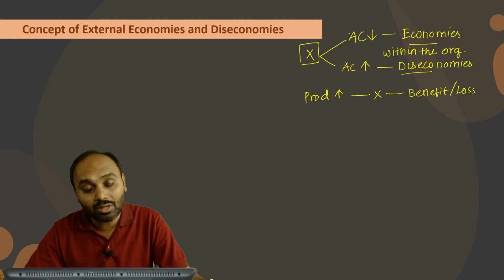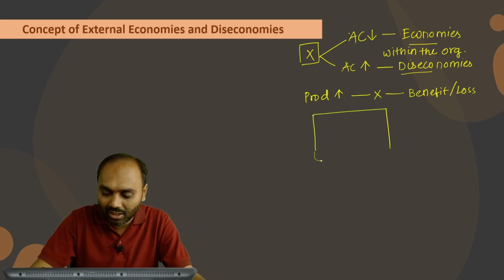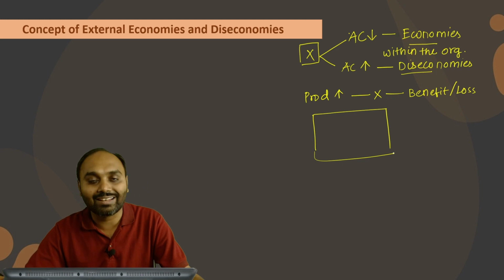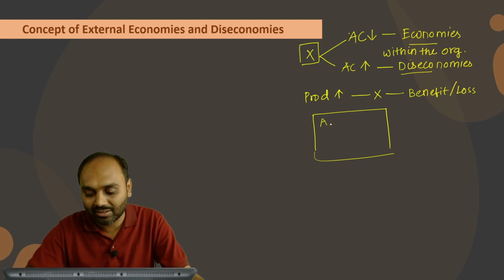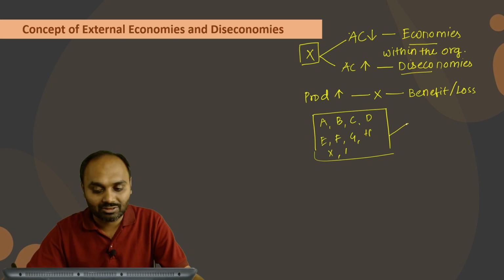Now imagine there is an industrial area and there are lots of companies just like X. There is a company called A, there is a company called B, C, D. There are lots of companies, and let me just name around 10: E, F, G, H, one is X and another is I. So there are a total of 10 companies. If all companies are increasing their production, which means the whole industry